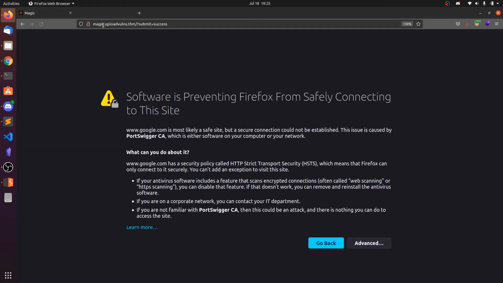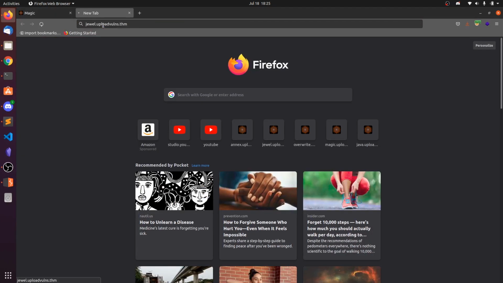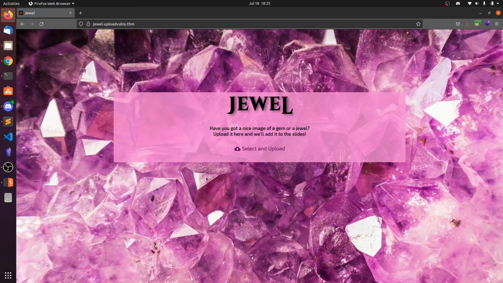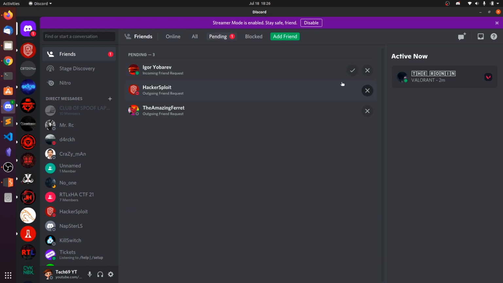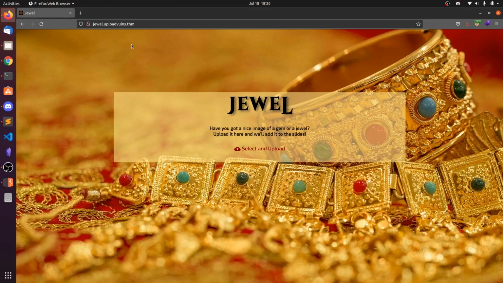So copy this. And you can see how we got a nice image of a gem. This is a combination of all the techniques we have learned so far.